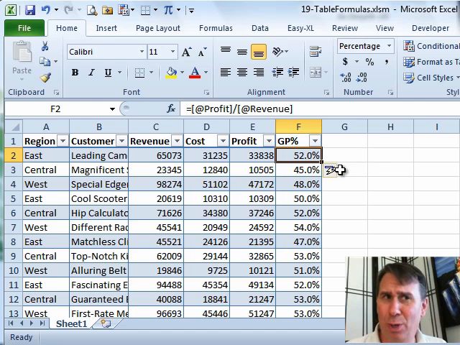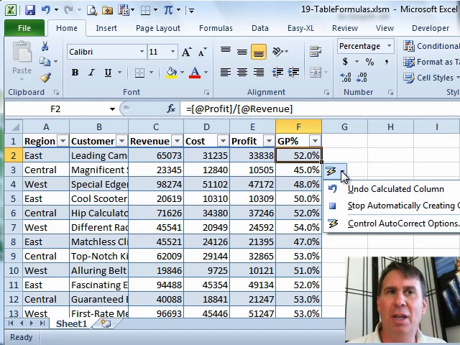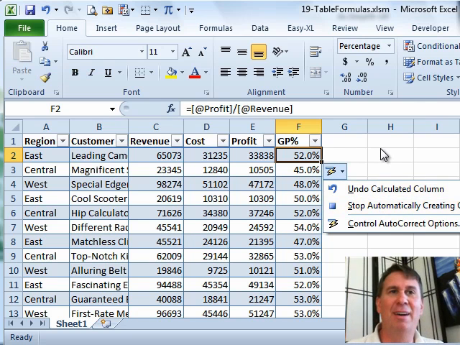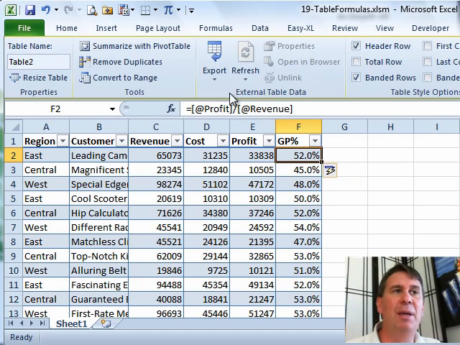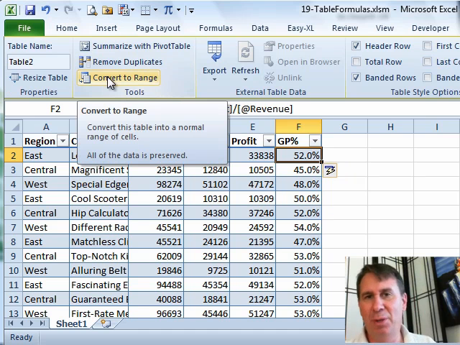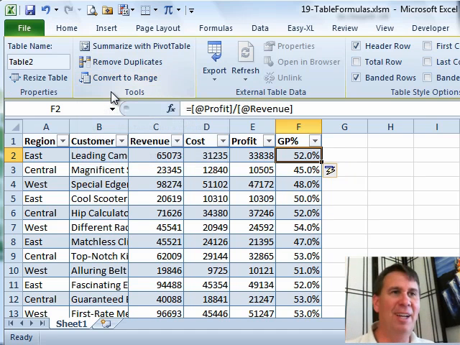Now, if for some reason you wouldn't want that to happen, then you can come here and say undo calculated column, or stop doing this altogether if that for some reason bugs you. But if for some reason that bugs you, then just don't make it be a table and you won't have that problem. And if you're saying, well, wait, I like the formatting, okay, then convert it to a table, but then use Table Tools Design and Convert to Range. Then you get to keep the formatting, but you don't have the other bizarre behavior. So there you go. Lots of different options. Whether you like the table or don't like the table, you can still